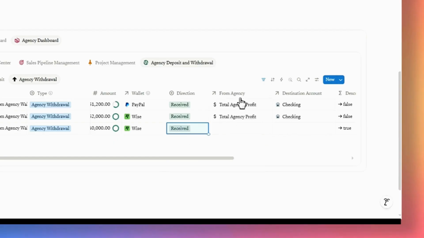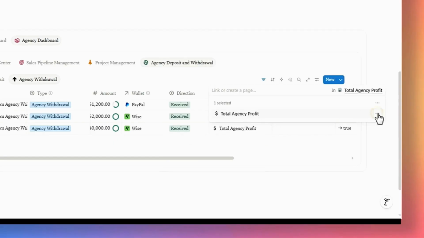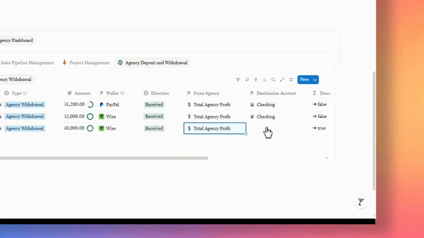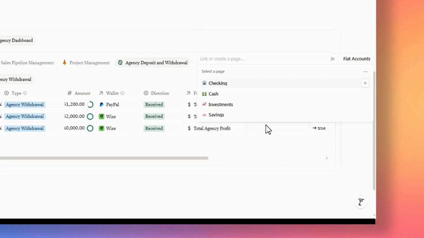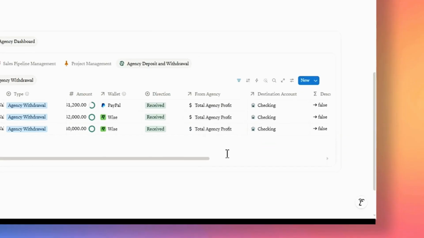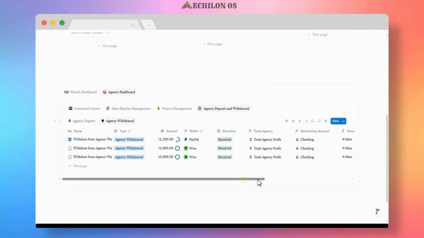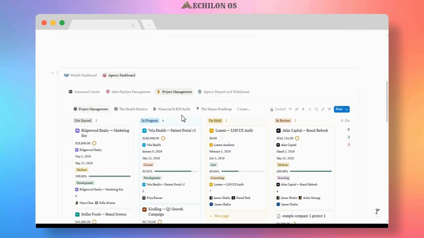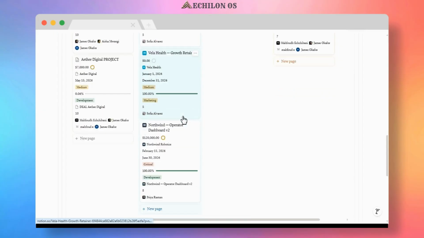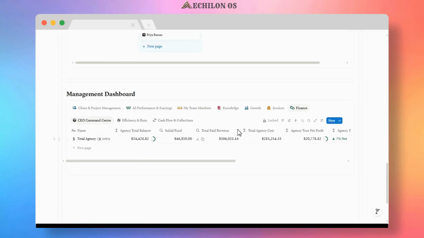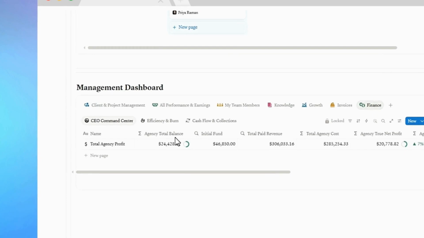We'll direct these funds straight from our total agency profit ledger and set our destination account to Checking to maintain a complete historical trail of every corporate withdrawal, ensuring clean records for your tax preparation. This structure ensures your business balance sheets are always verified and updated dynamically as capital is moved, giving you complete visibility. To see the direct impact of this draw on our cash flow, let's toggle back to our Finance tab